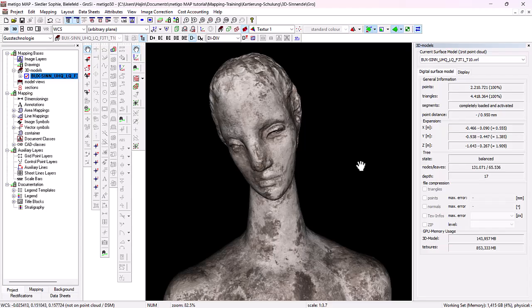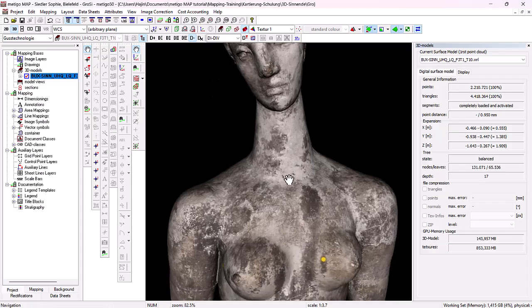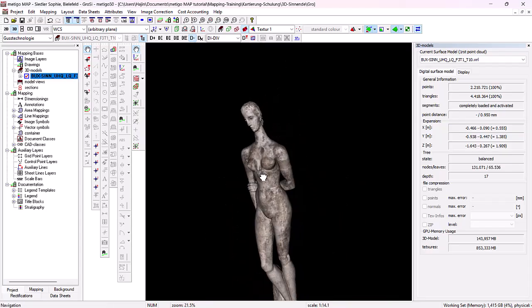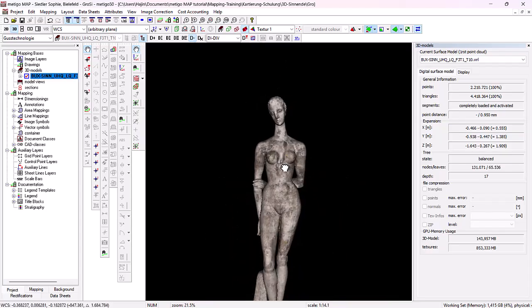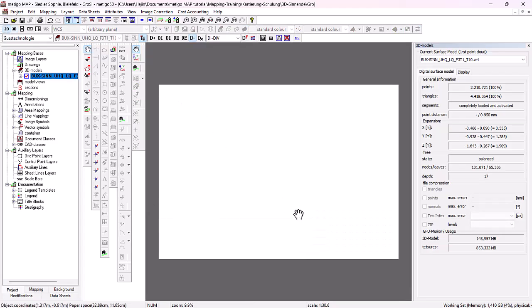In this tutorial, we want to deal with the display of 3D mapping data, and I have created a project beforehand in the scale of 1 to 8. And you can see my 3D object in the 3D display as an SFM model, and when I go into the 2D display, I can see the paper plan. The blank paper plan where I now want to output my 3D data as a 2D view for the print